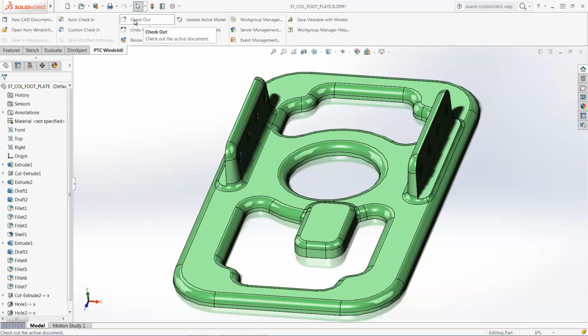It's really the key data management capabilities of Windchill that I just have within a tab inside of SolidWorks. So maybe this is a design that I opened from Windchill. I want to make some changes to it. The first step in that is to actually check this part out. Checking in and checking out is a big deal because this is how we are preventing people overwriting each other's